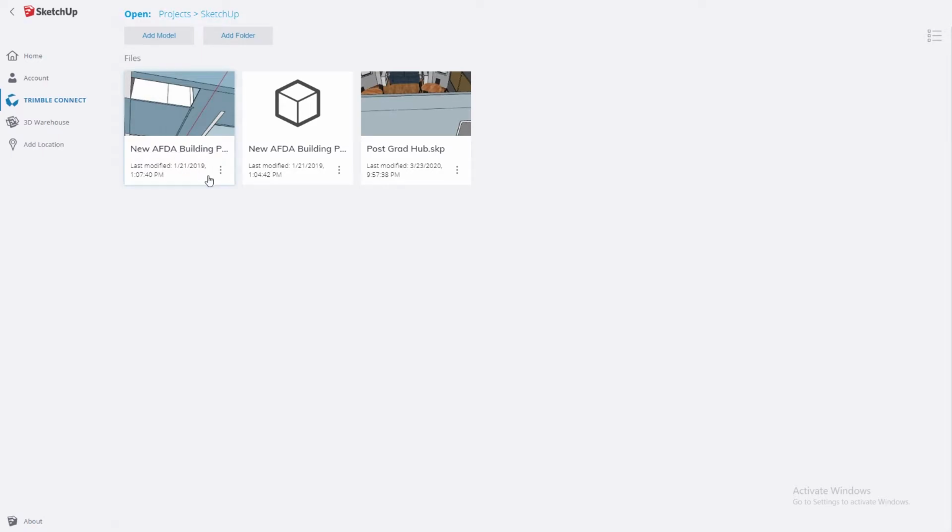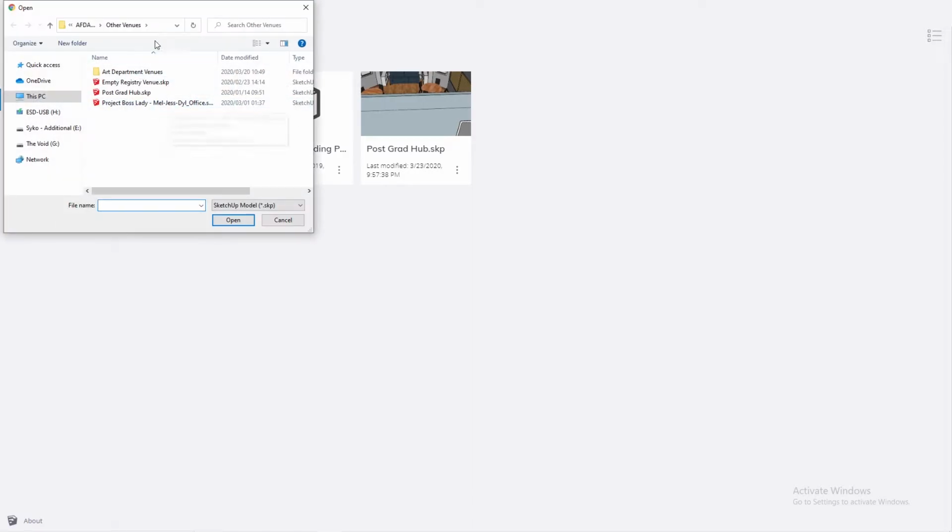Then it's the same model here, except I modified it. And then this is the Postgrad Hub, which I uploaded. You'll see two icons here, add model and add folder. If you go add model, you'll see some already pre-existing models here that I've already made, which includes the Postgrad Hub, which I just imported online just for the benefit of this